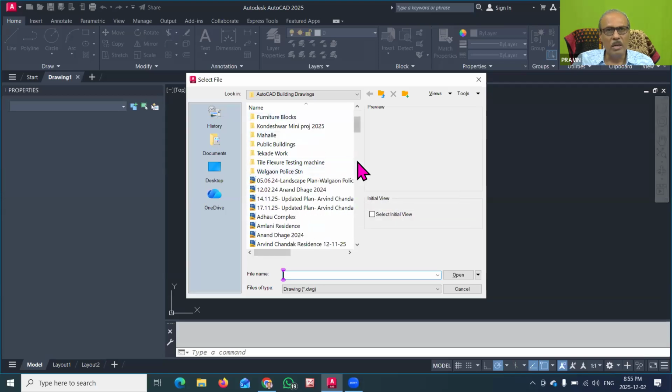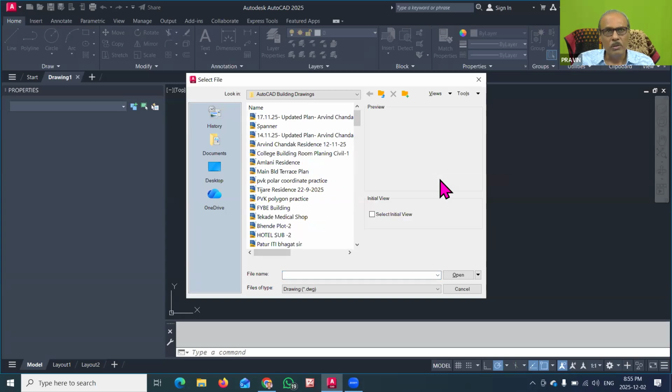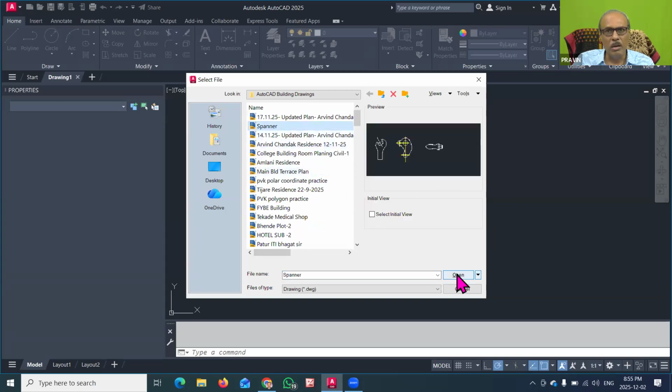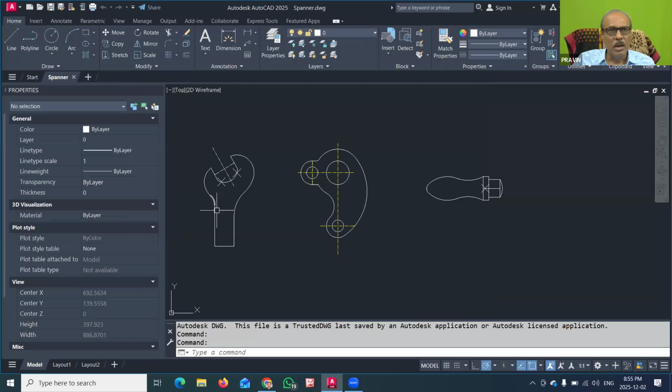We will sort it by date, and we will get that spanner drawing that we have already drawn in the earlier lecture. You can see that I have used some dimensions, and as per our given drawing we have created these types of drawings.